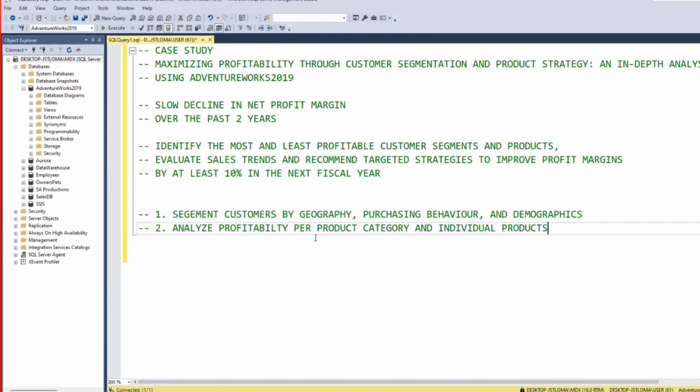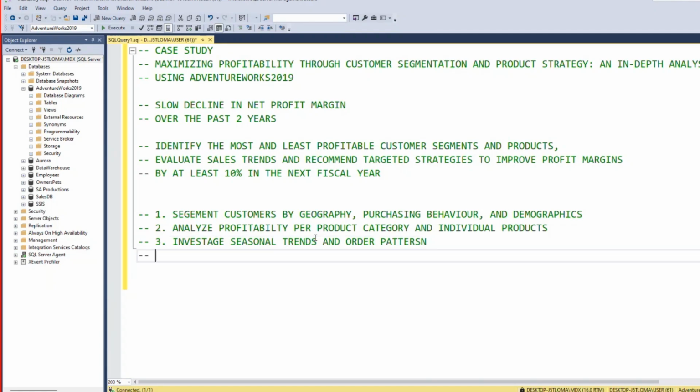Okay, so again, we are going to also investigate the seasonal trends and other patterns. Then we would evaluate